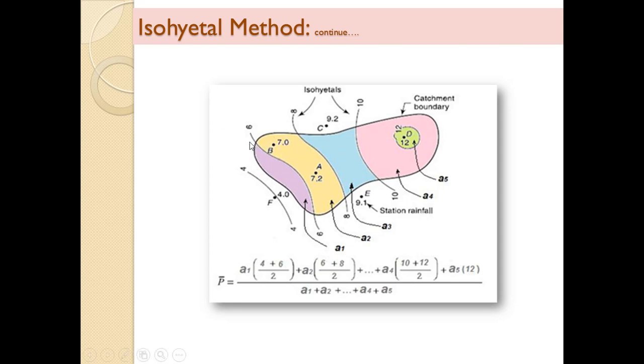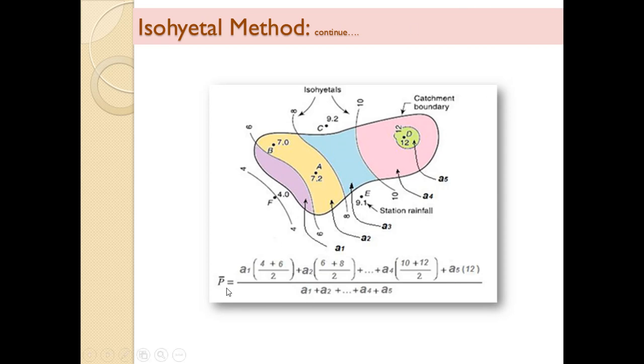Here we won't have to maintain a constant difference. Here the difference between these two is 2, here is 2, here is 2. And in the isohyetal method it can be 3, it can be 1, that is understood. But in the case of a contour, the interval is always constant, whereas here it may vary, right? Now in this way you can plot the isohyets.